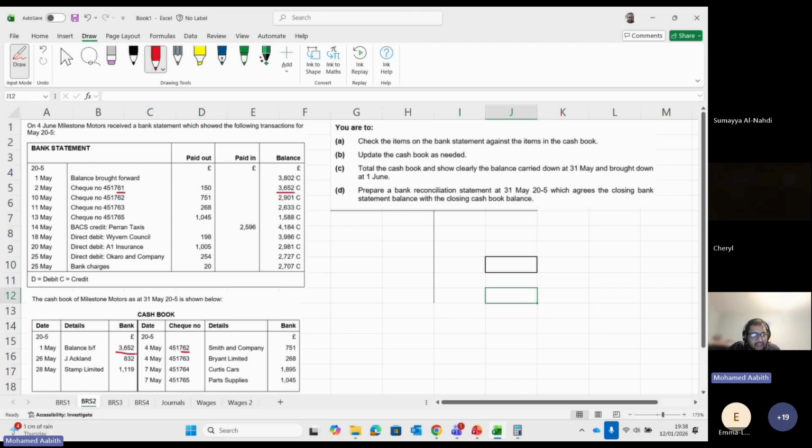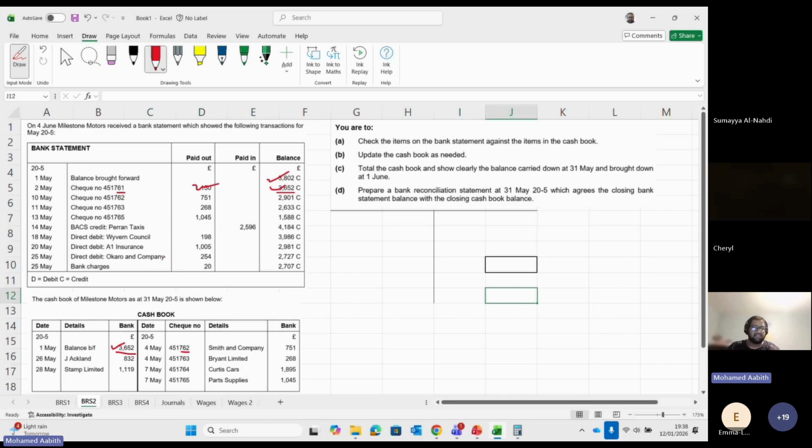So when we do the reconciliation, we will tick this and this together with that one to acknowledge that this is now